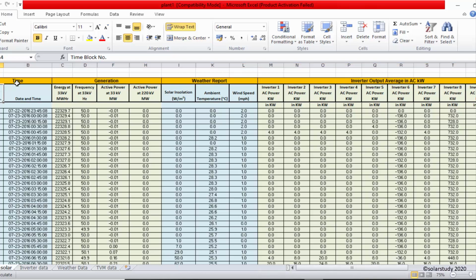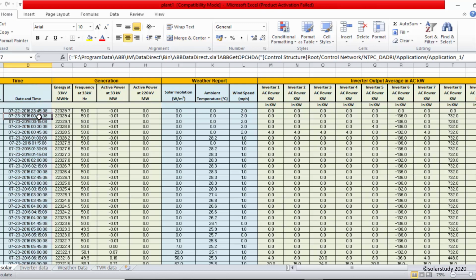This is time. What all does it contain? Let me select this. This is the date and time. First is the serial number, second is date and time. It contains 2016 data. It starts from 23:45 at night.